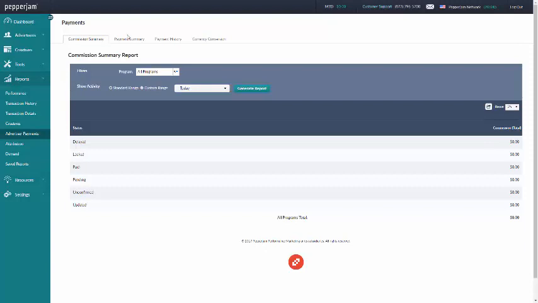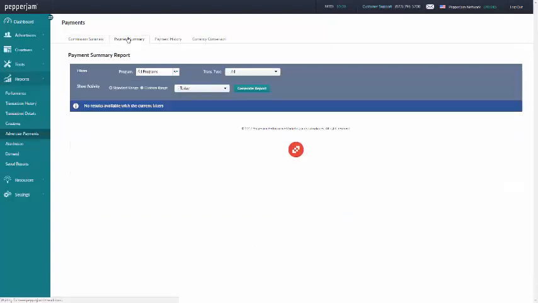The payment summary report is used to find general information about each payment you've received from Pepperjam network. The report lists the program, payment date, transaction type, and commission for each payment. Payments are issued around the 1st and 15th of each month. Please note that it is important to keep a valid PayPal email on file, as this can delay payments owed